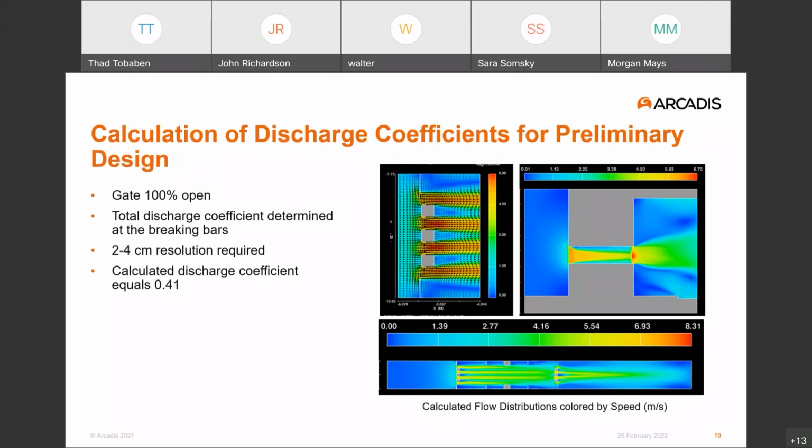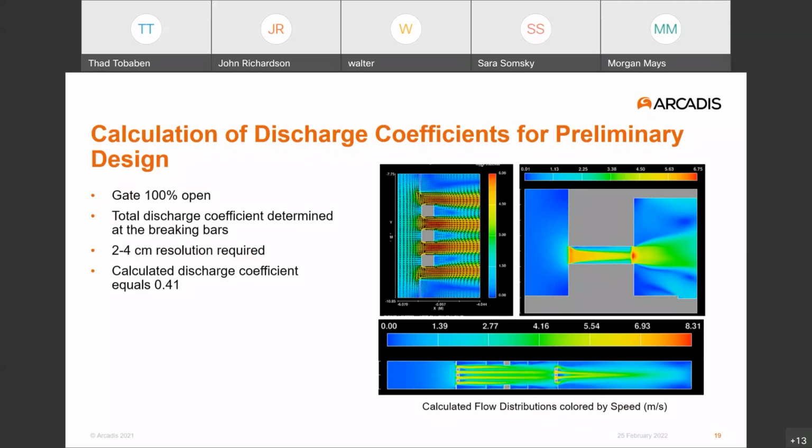When the gate's fully open, the discharge coefficient, the way that they're calculated, is equal to 0.41, so about half the value. And that just gives you a sense of, over the range of gate positions, if we're interested in understanding how the leveling system will work and making use of that information, the determination of these discharge coefficients is really quite important. As I mentioned before, this initial work was provided back to the engineers at Deltaris, who then